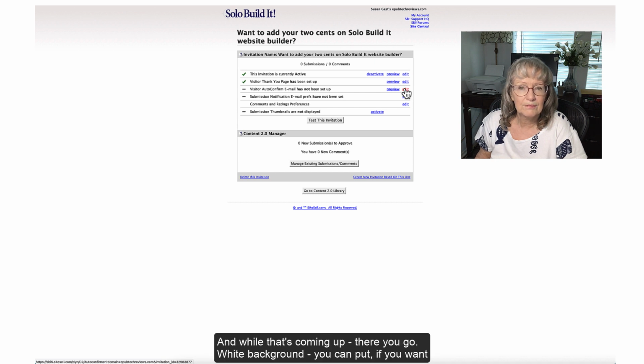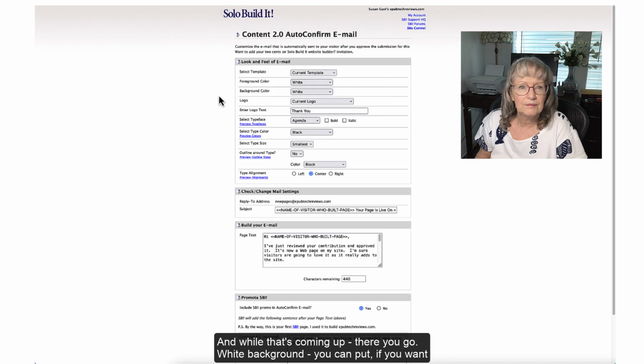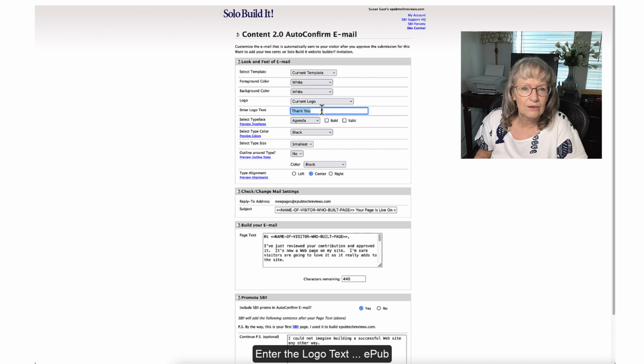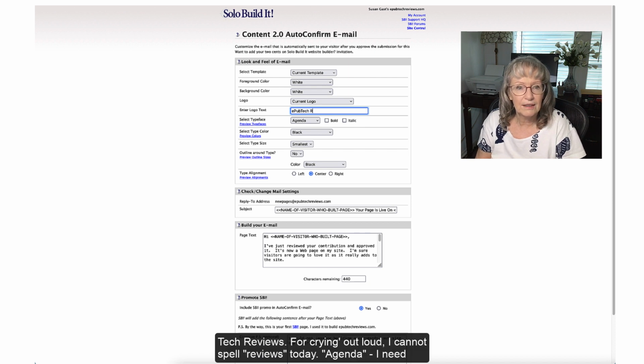And while that's coming up, there we go. White background. You can put, if you want, your logo. I haven't created it yet, believe it or not, so I'm just going to leave it like it is. Enter the logo text. The pub tech reviews.